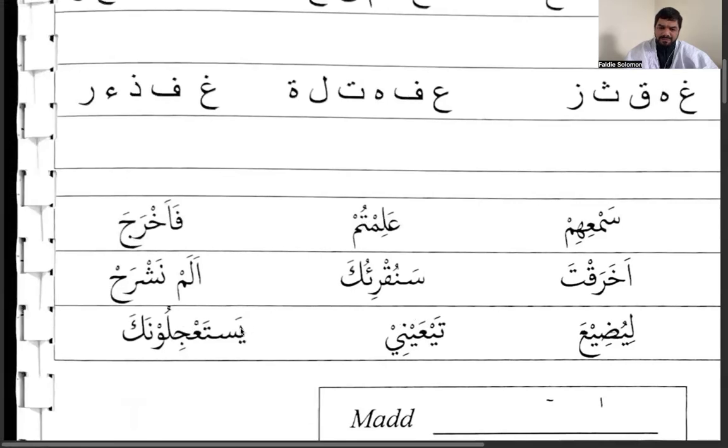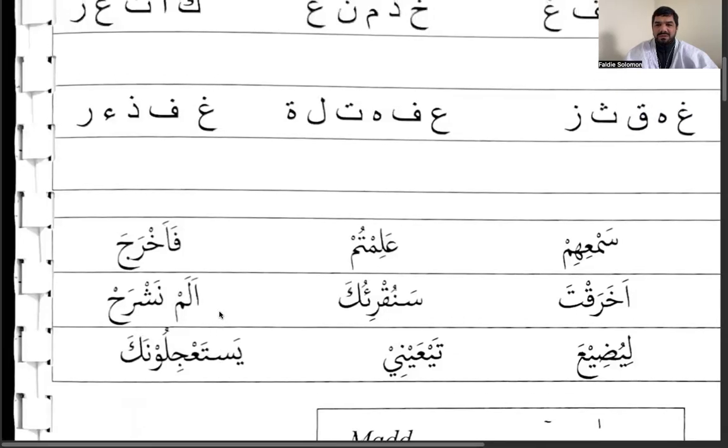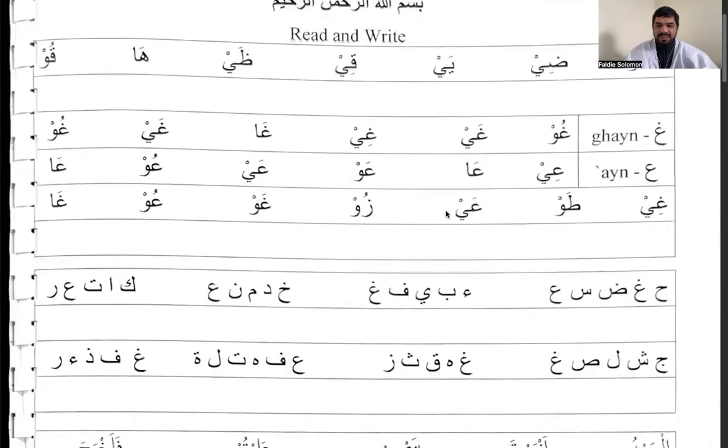Okay. Then we have yasta'jilunaka. Yeah, the two dots tell us that's a ya. Then a sin, 1, 2, and then 3 connects to the ta. Ta is followed by the ayn in the middle of the word. Ta, ji, lu, naka, yasta'jilunaka. Okay, so Alhamdulillah, we introduced 2 new letters today and we had some reading practice, and that's where we'll